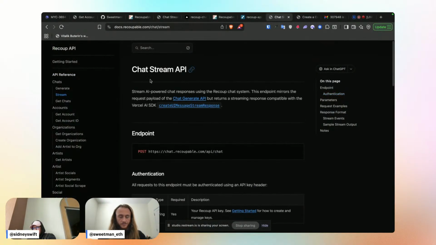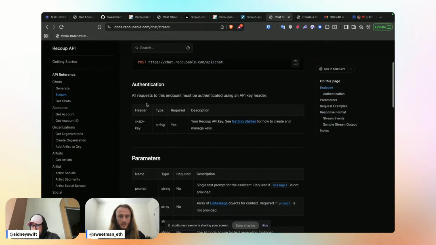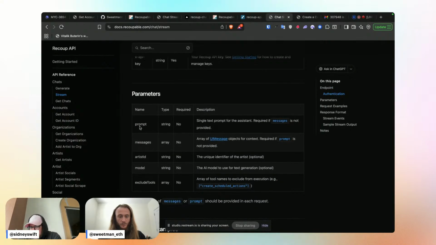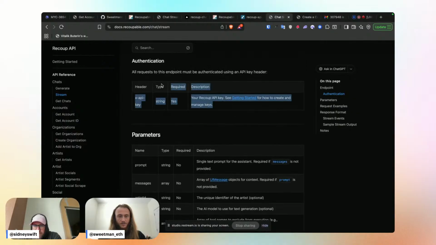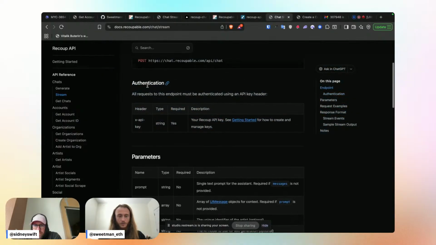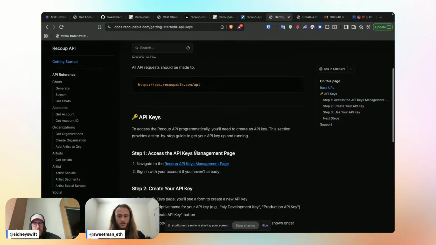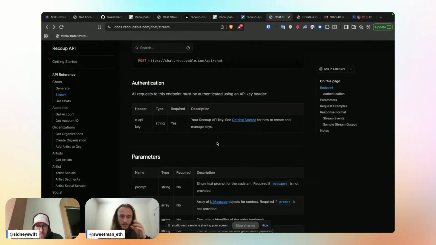Can you see my screen? Yeah. Cool. So the docs have been updated. We no longer accept an account ID parameter. We have removed that in favor of our fancy new API keys. If you don't know anything about the API keys, we have a getting started section that is linked anywhere that we're using API keys to tell you how to get to and manage and include your API keys. All these docs are vibe code ready.